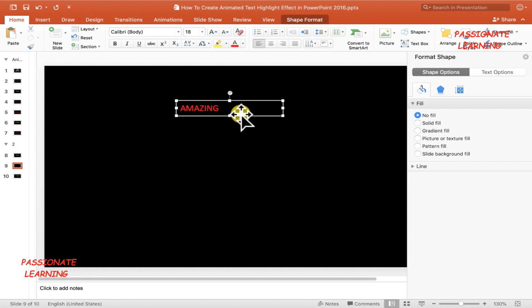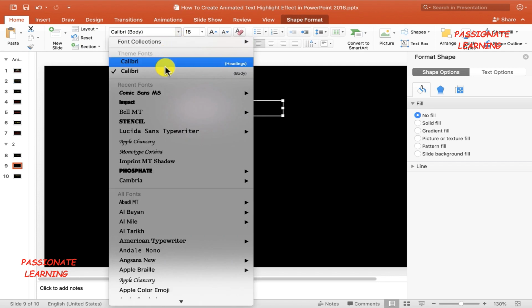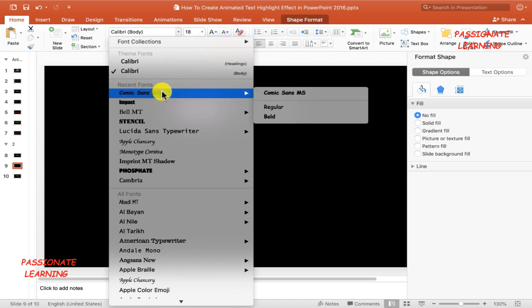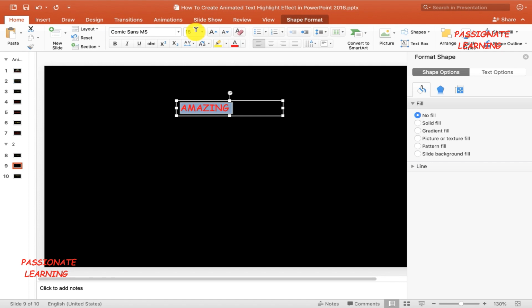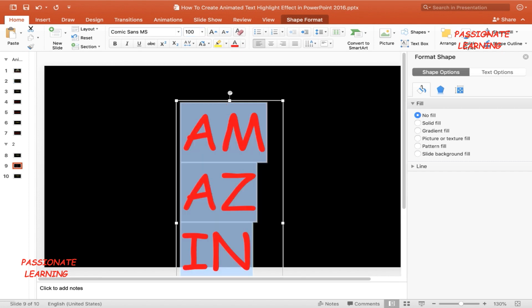And then let me do some formatting for this text. For that, let me just press Ctrl+A to select this entire text and then come over here. For the purpose of this example, let me change the font to Comic Sans and increase the size of this text to 100 points like this.